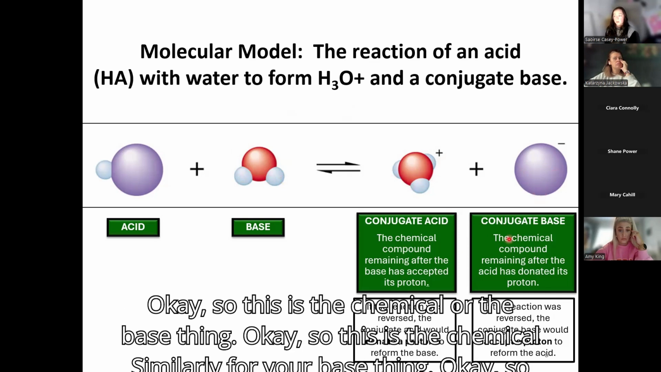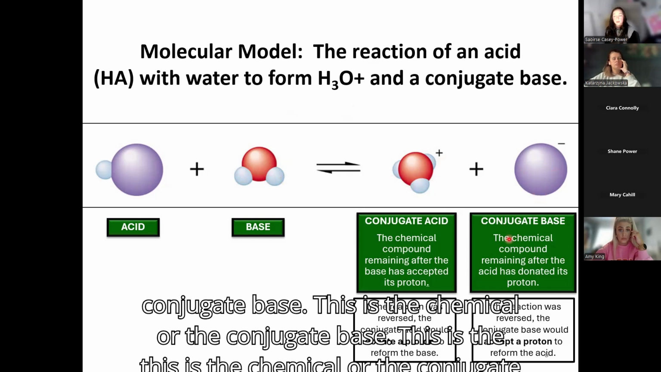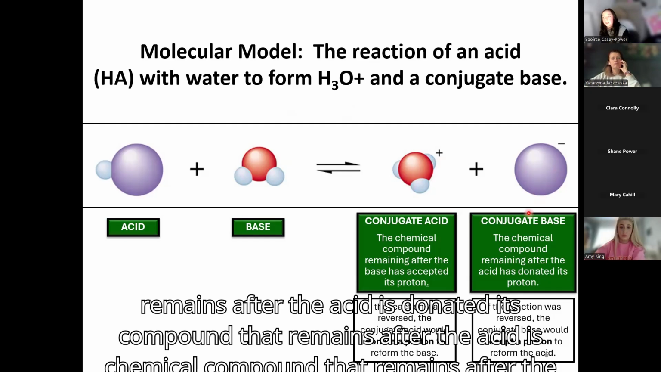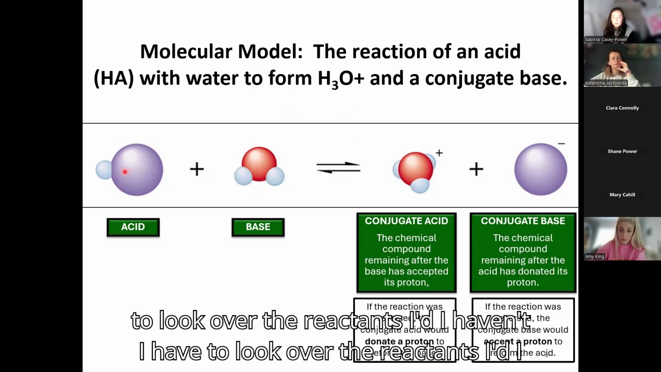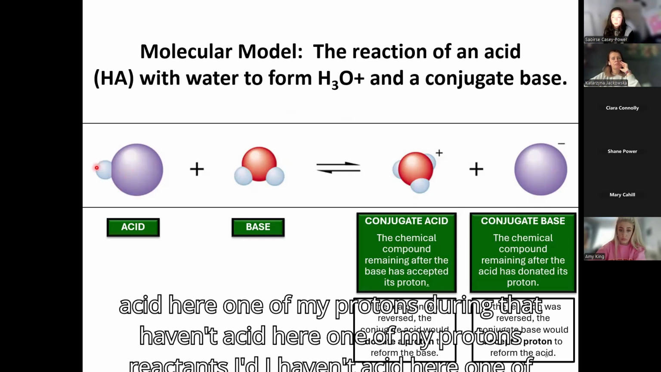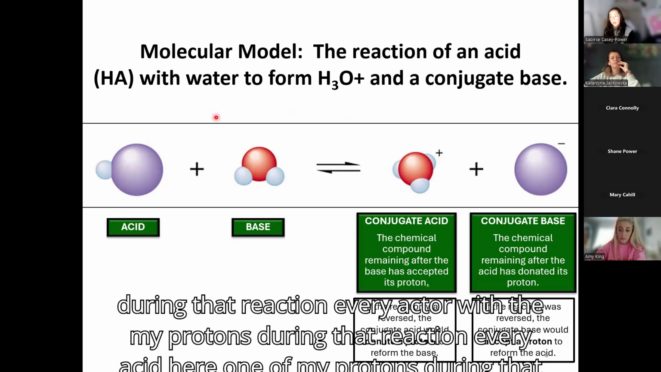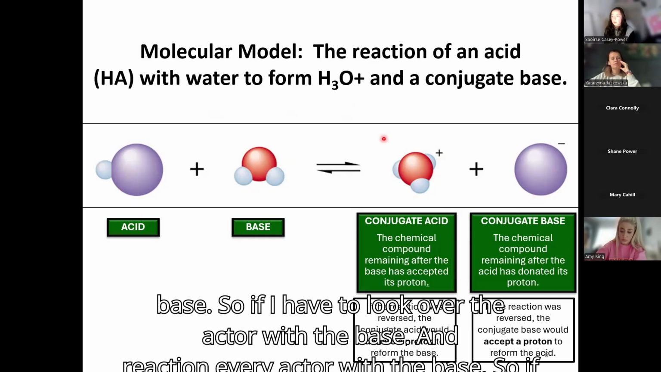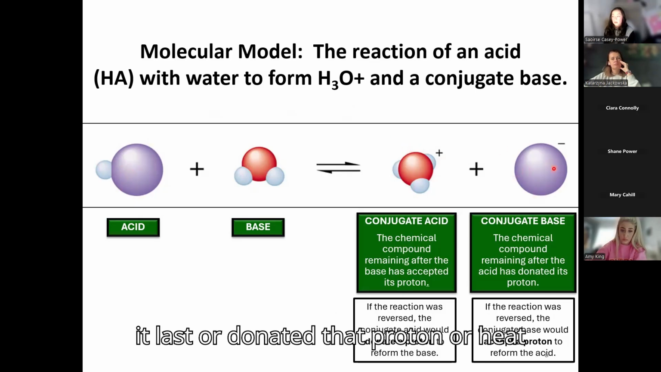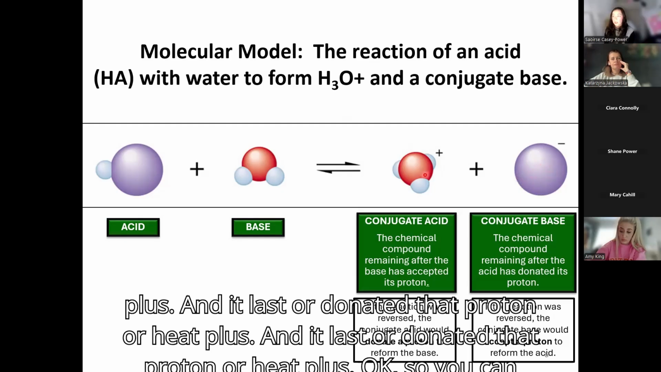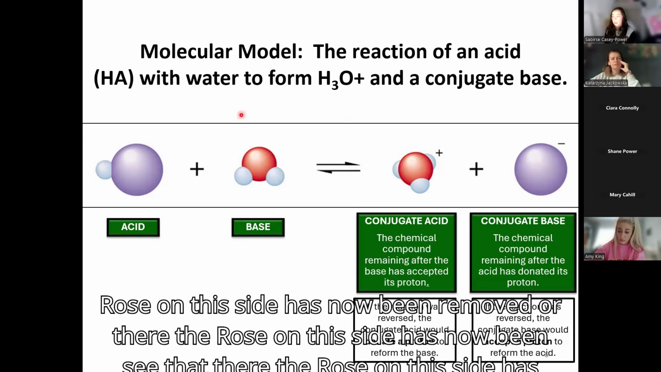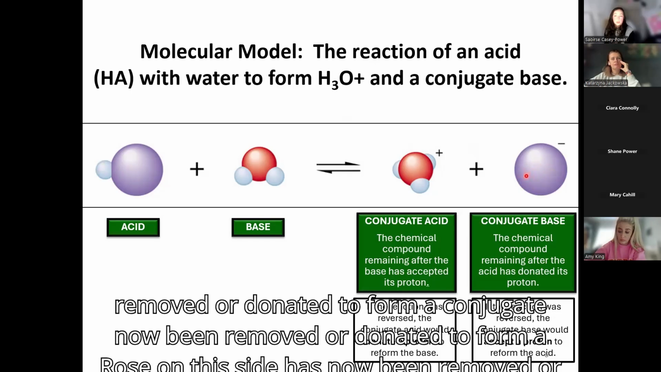Similarly for your base then, this is the conjugate base. This is the chemical compound that remains after the acid has donated its proton. So if I look over the reactant side, I have an acid here, one of my protons. During that reaction, it reacted with the base and it lost or donated that proton, or H plus. You can see that the proton on this side has now been removed or donated to form